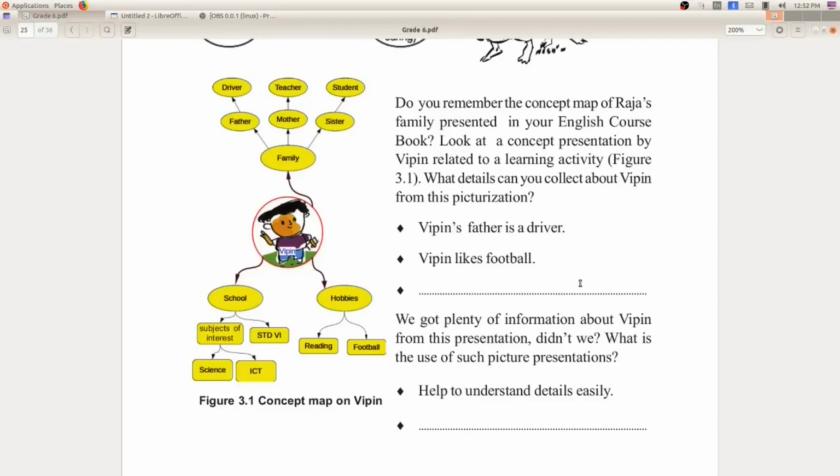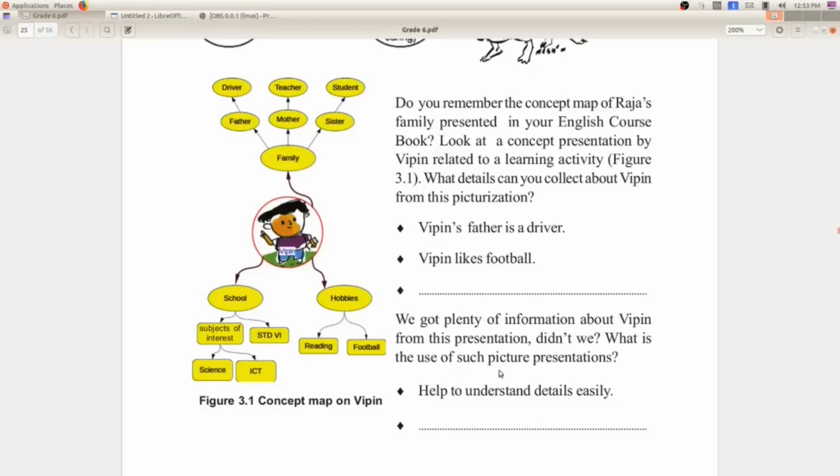It depends upon you. So you just fill out this blank space: Vibin is studying in standard 6, or Vibin's subject of interest is science. Okay, all of you got it?